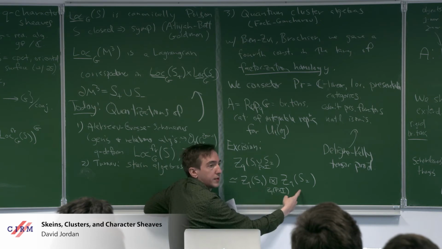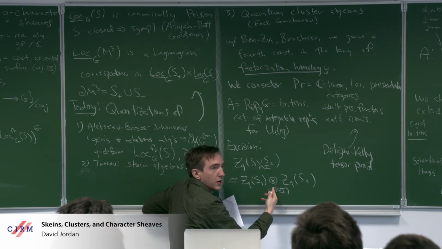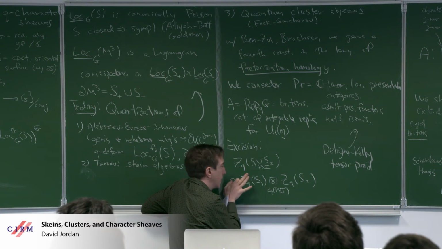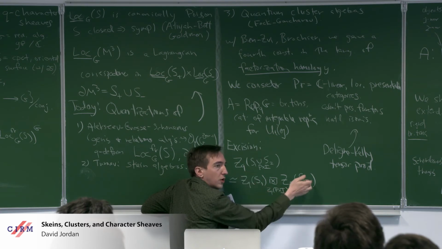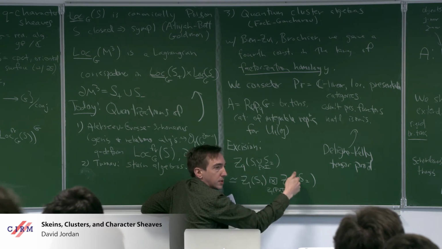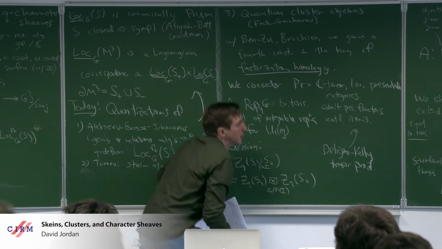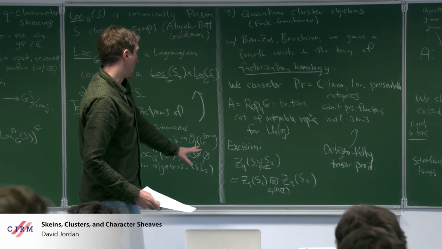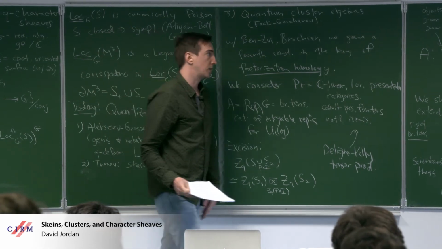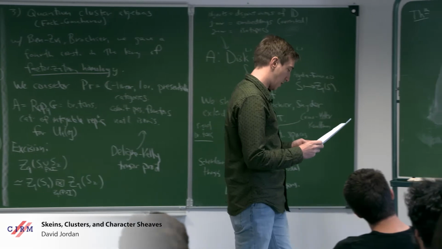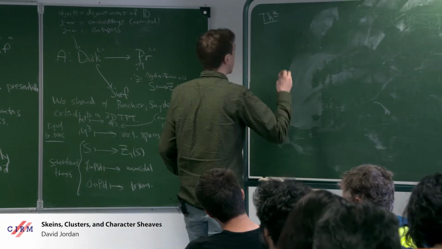And I take the relative tensor product. So this is an instance you're asking about with boundaries. I'm saying this is a module for that monoidal category, this is a module for that monoidal category, and I just compose them as modules, which is I take the relative tensor product. Okay, so this is what allows us to do computations, as you'll see as we go along. So using this property,